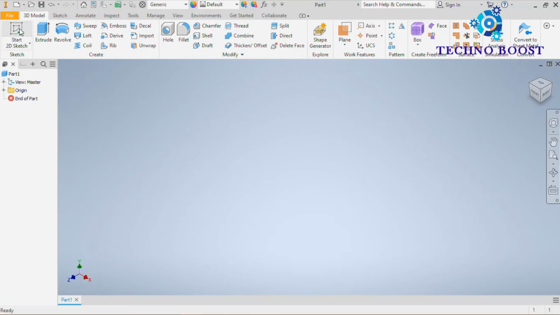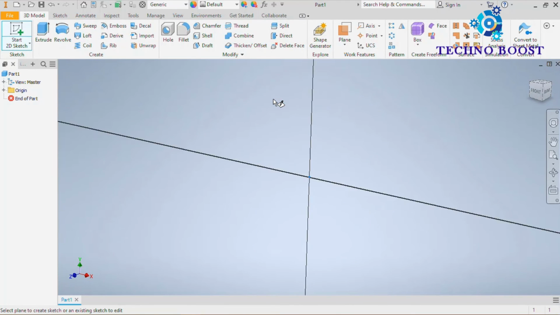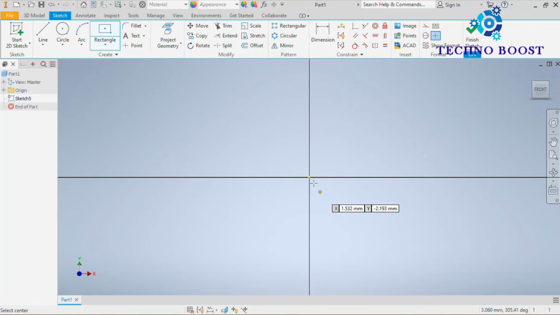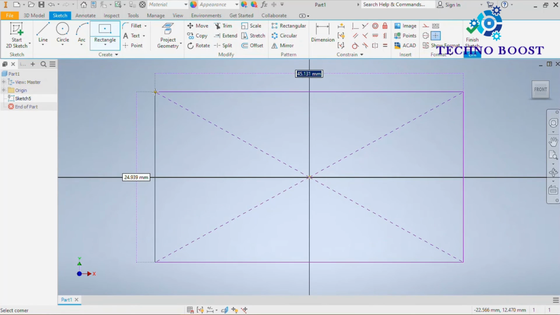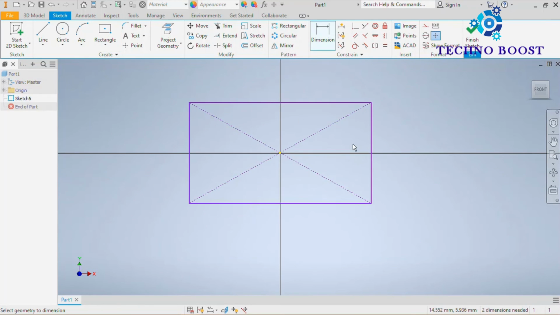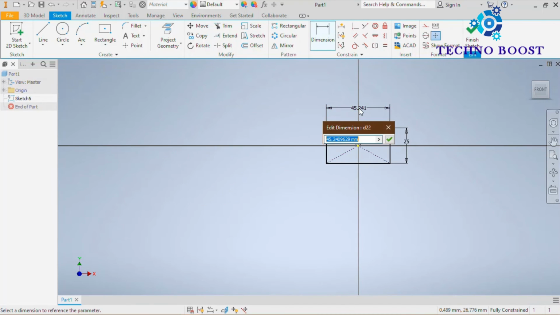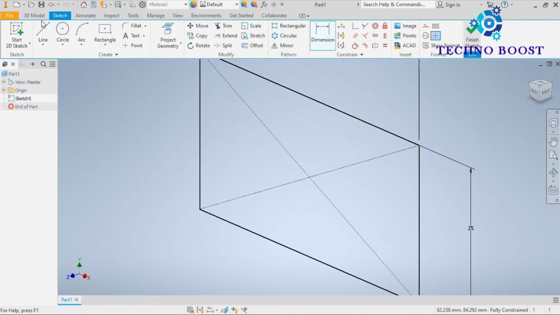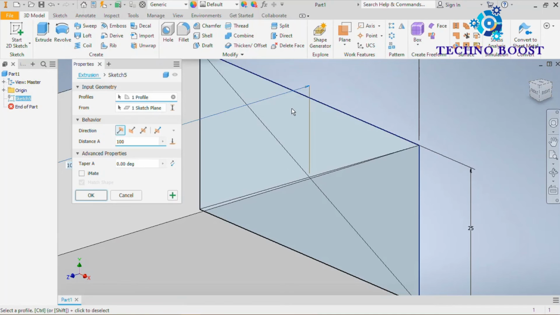Click OK. Create sketch, select plane, having dimensions 25 and this is 50. Click on finish sketch, 3D model, extrude,